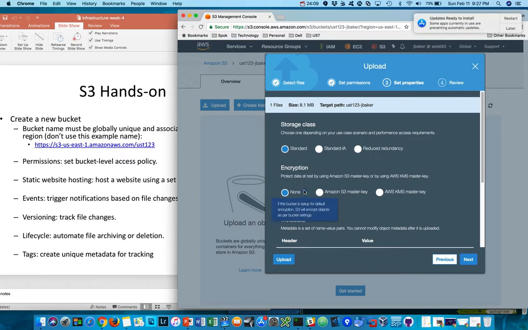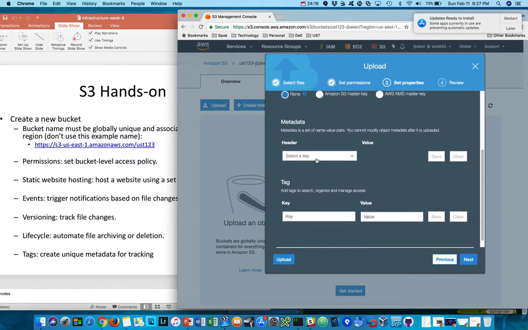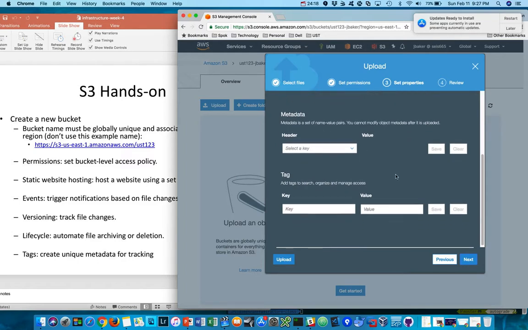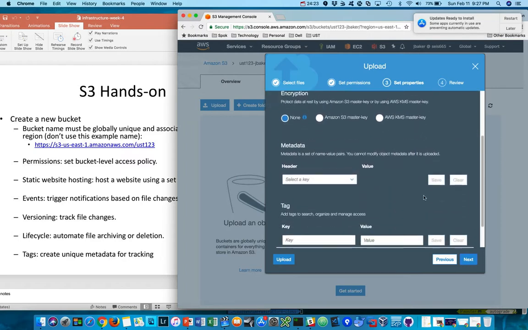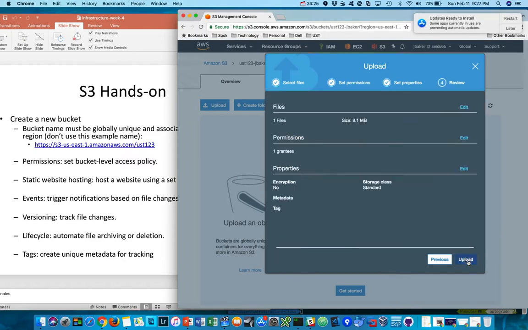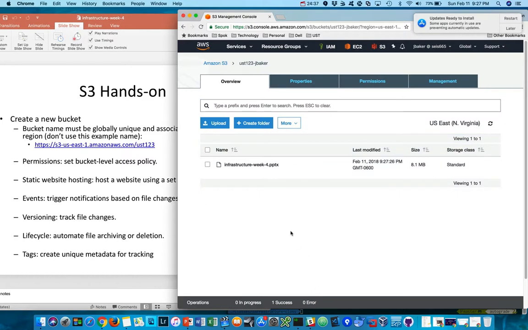I've already set up a bucket level encryption, and we can add metadata. We can add tags. We'll talk about tags later, but we can add some metadata information to our files. And again, this is showing us a summary of our object that we're going to upload. I'll go ahead and click on the upload button, and you can see that now my file has been uploaded